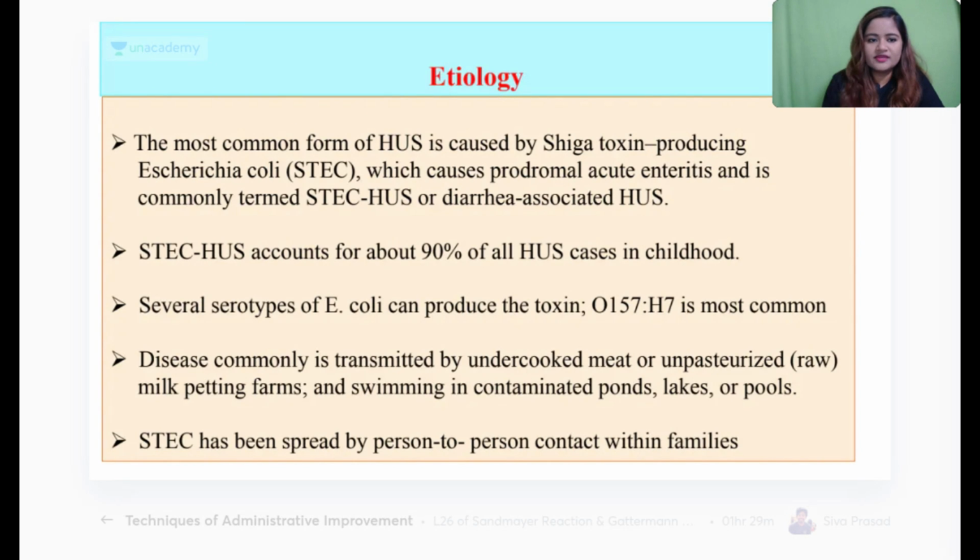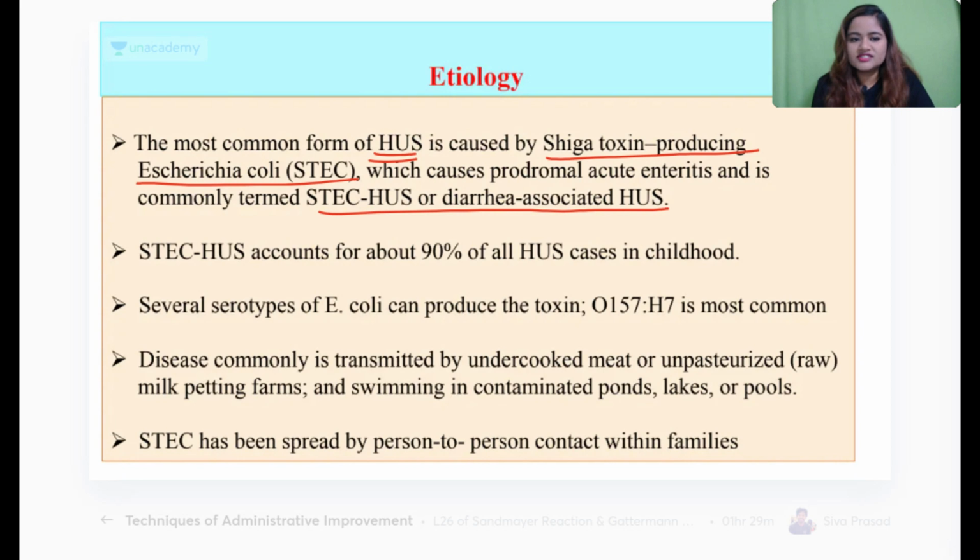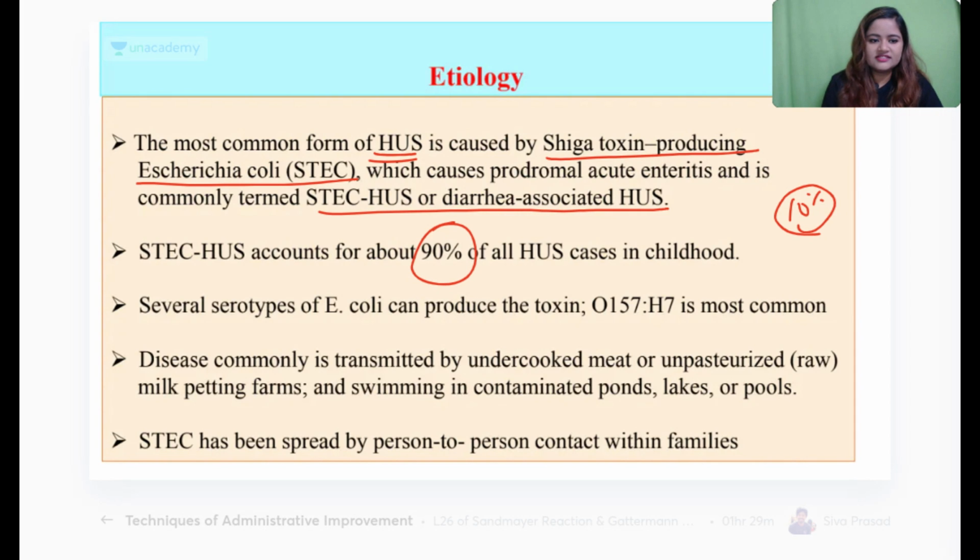let's just see what does your textbook mention। So most common form of HUS is Shiga-like toxin, which is produced from E. coli, that is STEC, which causes the prodromal acute enteritis, and this is known as HUS associated or diarrhea associated HUS। Now this accounts for more than 90% of all the cases। जो बाकी हमने causes पढ़े थे, they are only 10%।